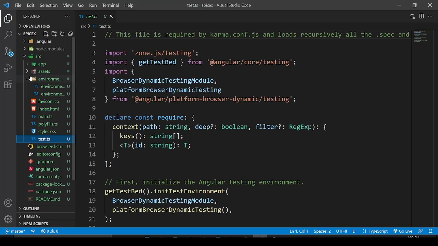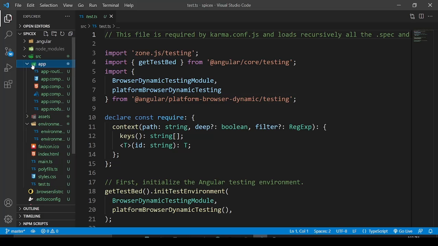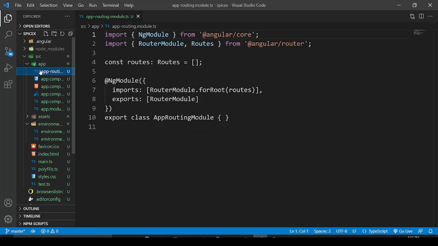So now that we have seen all these files in the source folder, let's go through the app folder. As I already told you, all the component files are included under the app folder.